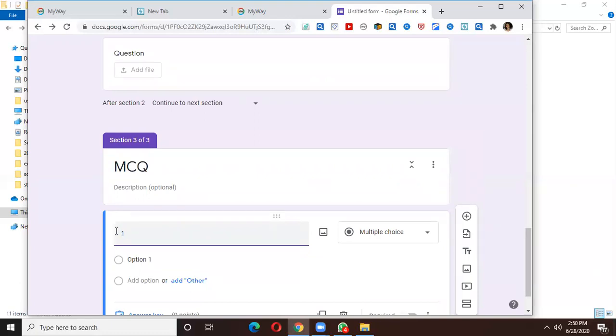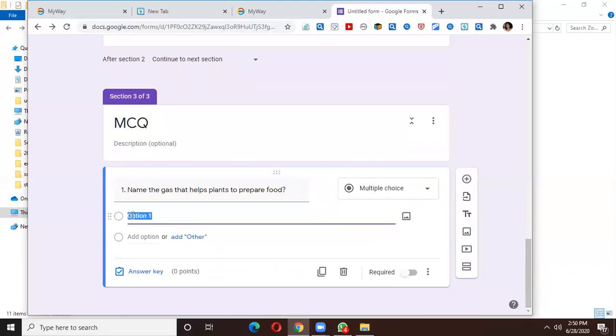I give a question like: name the gas that helps plants to prepare food. Now this is a multiple choice question, so I need to select multiple choice.